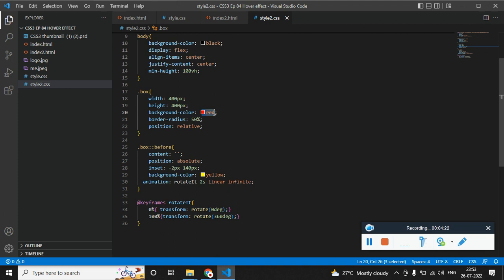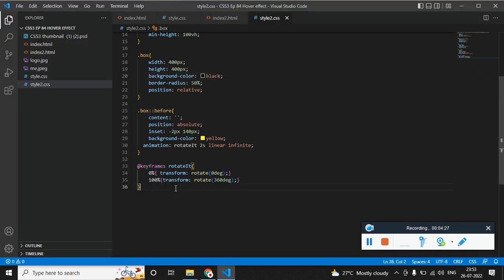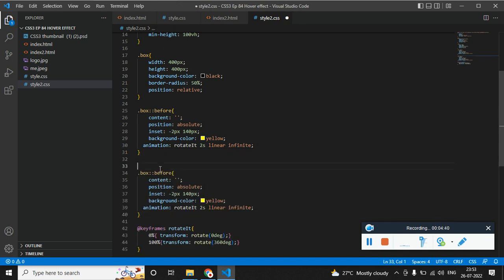Let me remove this background color and make this black. And now we need to call the pseudo element after. Select all, just use after, and we can make this red just to see how it looks. Call the left, width and height, remove it, let this be inset. We don't need